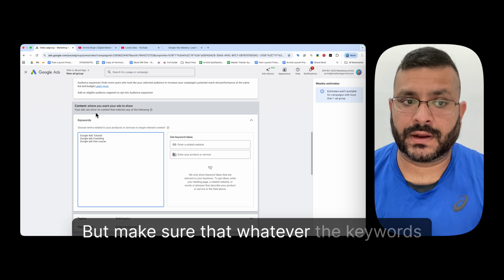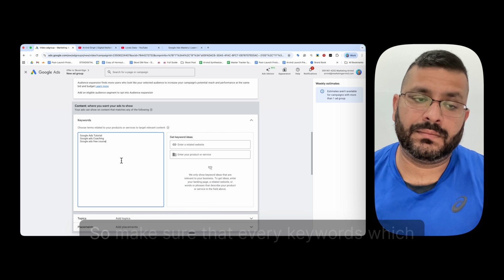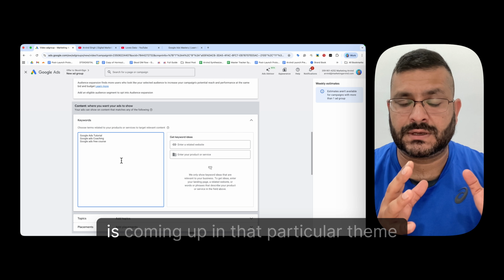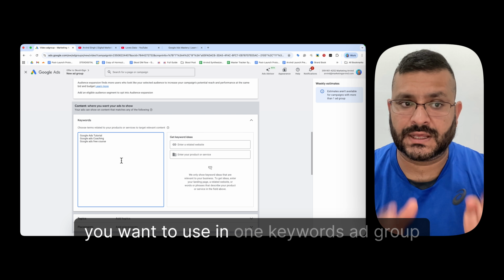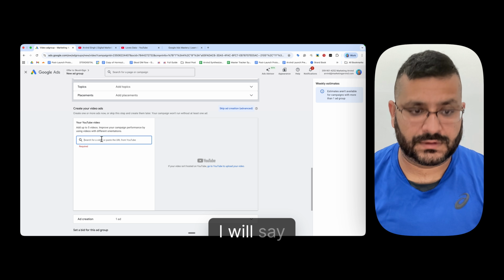But make sure that whatever keywords you are targeting, you follow basic theme guidelines. Make sure that every keyword coming up in that particular theme, you use in one keyword ad group. And that's it. And then over here, I will say,